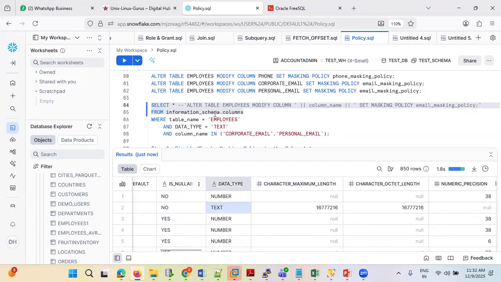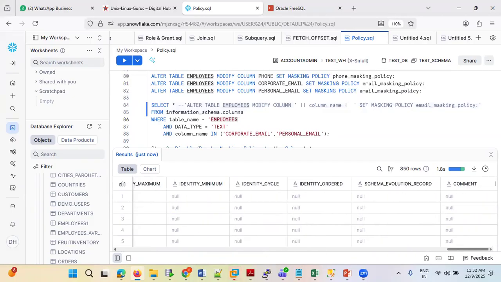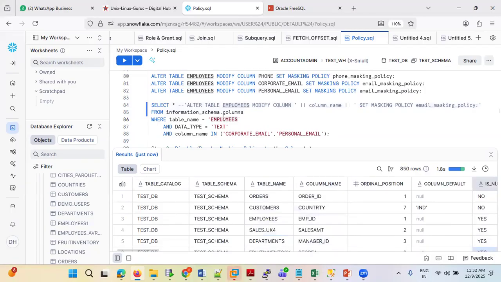So wherever the data type is text, we are filtering that. All the text data type related columns will come, and the table name employees, so that table will come. Similarly, a few more pieces of information are there, but these are not required now. We have just filtered here: the employees table and the data type. And in the select, we are writing